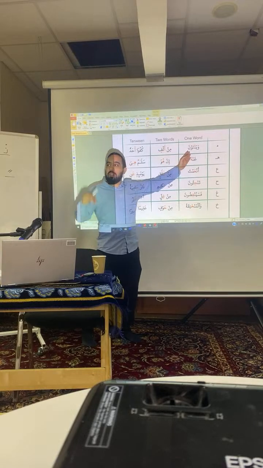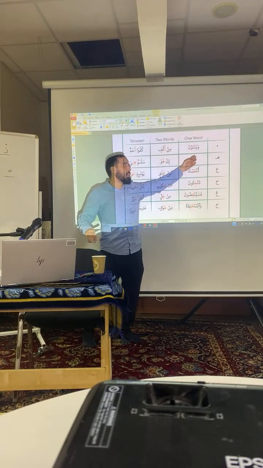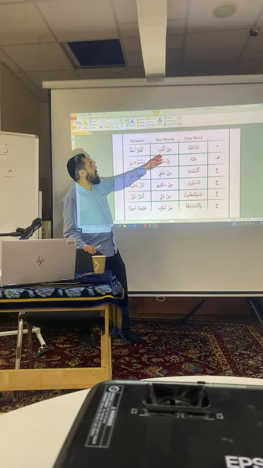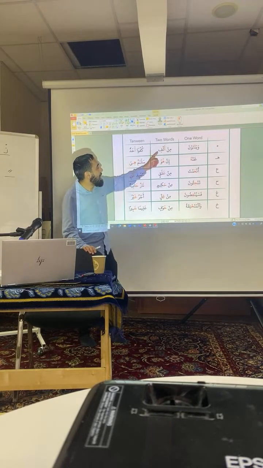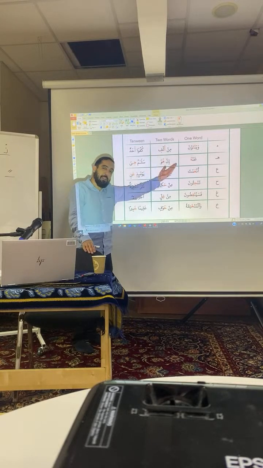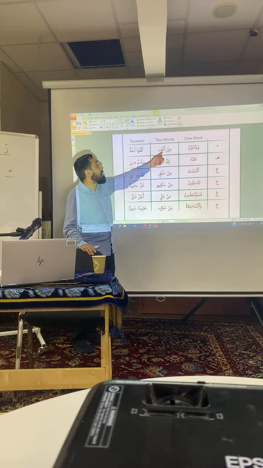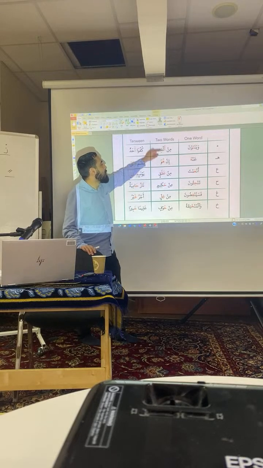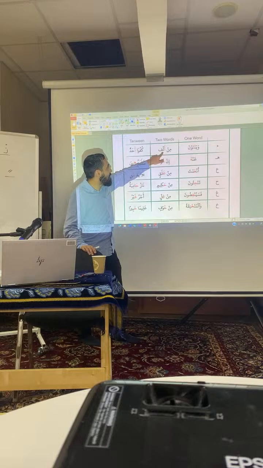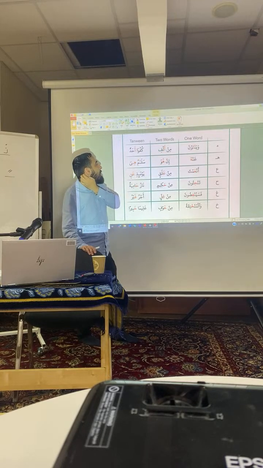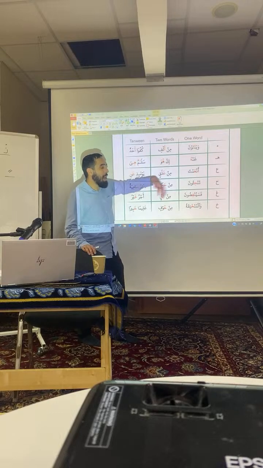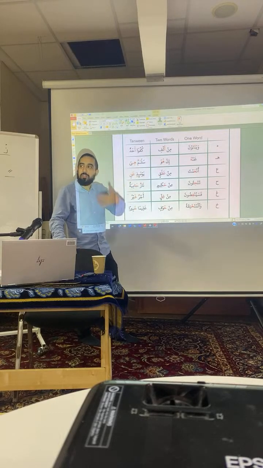This is an example where the noon sakin is in the middle of a word. Here is an example where a noon sakin is in a different word. So we've got the word min with a sakin, and then the letter after it, in the next word, is alif, in the word alf. Because it's coming after a noon, this noon will have a sakin on top of it, and it would be the idhar rule. So you pronounce that noon fully.